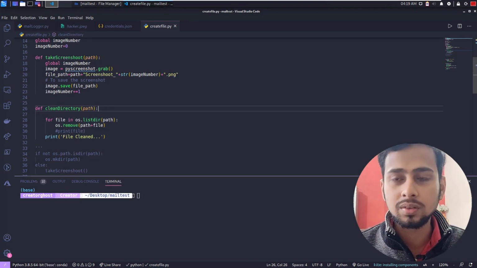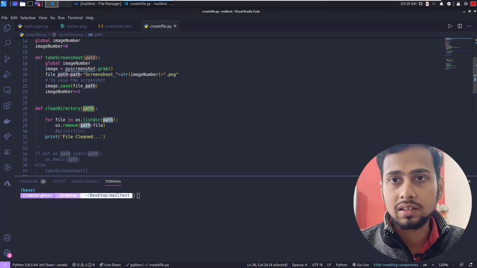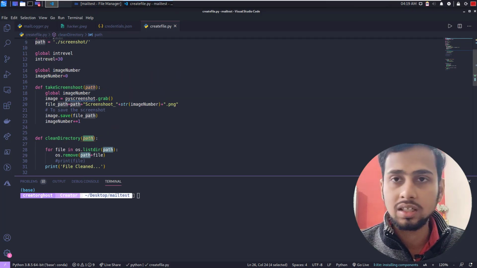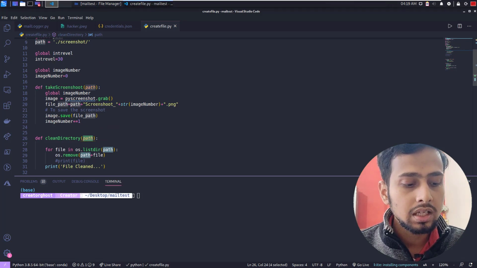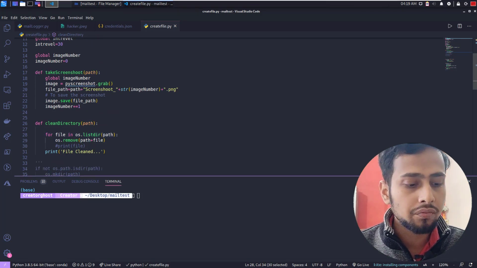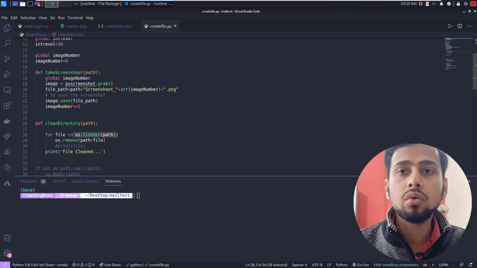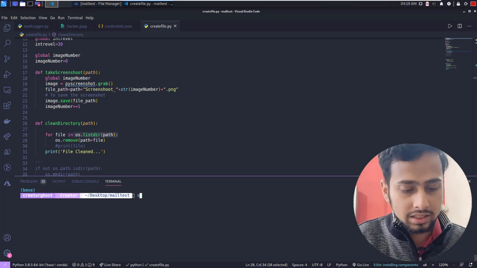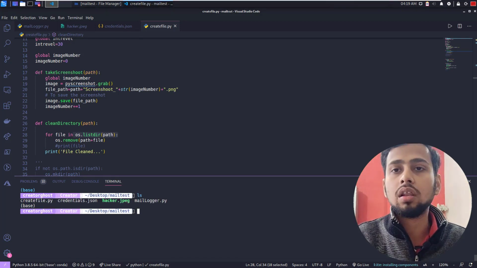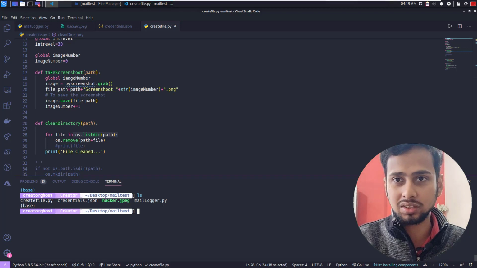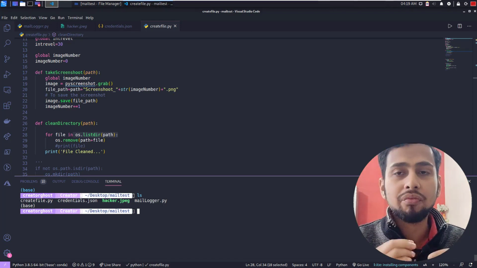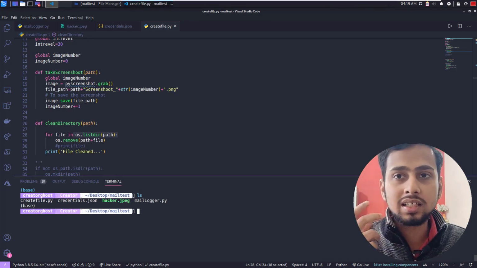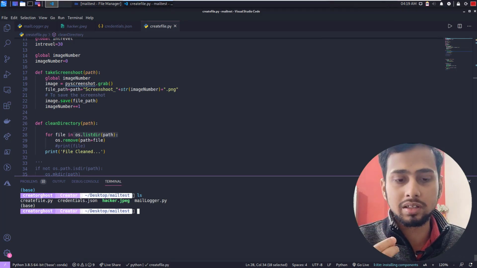So what this function is going to do, first of all, we have to specify the path in which our screenshots are. We already have seen that it is defined in the path variable. Then we are opening this file. So for file in os.listdir. What does this command do? If you are familiar with Linux or the Windows command prompt, if you write ls, let's write ls, you can see all the files inside this. So it is list directory. It is going to list each and every file inside the current directory where it is present. So it is going to list all the screenshots that are available there.